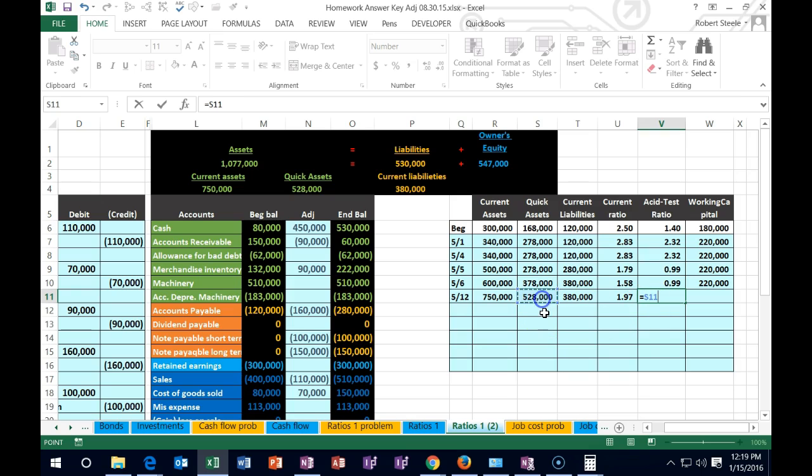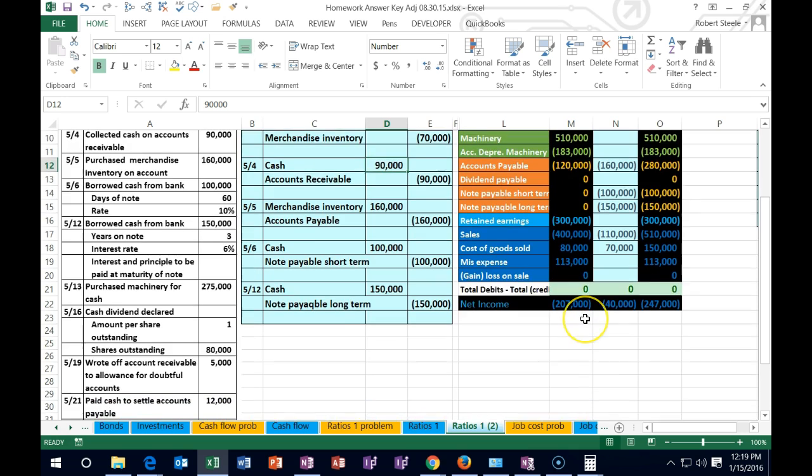The quick assets, the 528, divided by the current liabilities also goes up and improves. And then the working capital, 750 minus the 380, increases as well. All right, when we take a look at the next transaction, we're going to have to open up some more